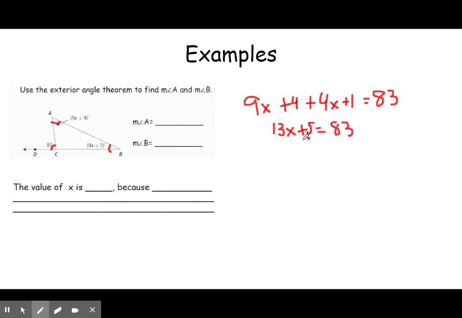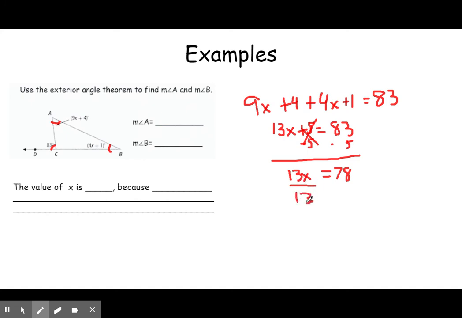All right. So now let's get rid of our constant. Right here, I'm adding 5, so to cancel that out we're going to subtract 5 because we do the opposite or the inverse operation. That is now gone, which leaves me with 13 times x is equal to 78. All right. So now 13 times x, so to cancel out that coefficient that I'm multiplying by, we're going